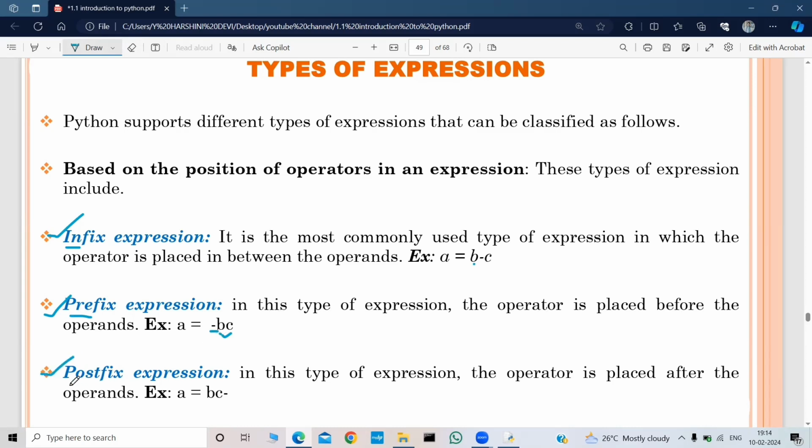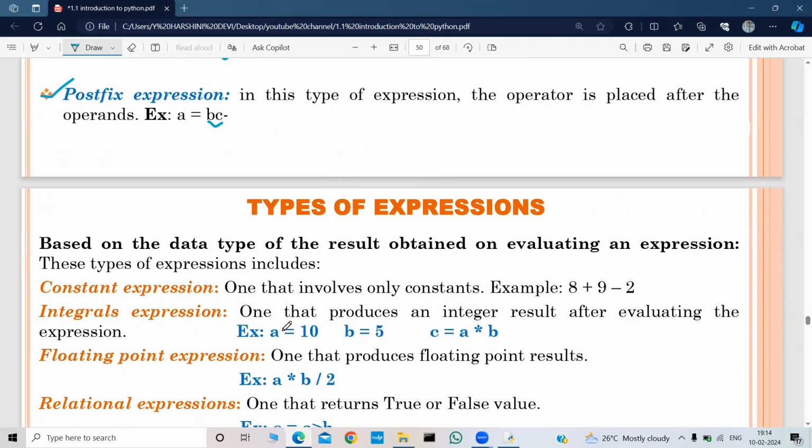Next one is postfix expression. By the name itself, we can say postfix means after. In this type of expression, the operator is placed after the operands. So B and C are operands, and minus is the operator which is placed after the operands. Next,